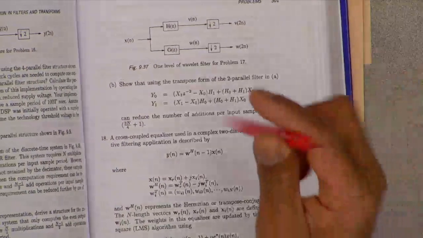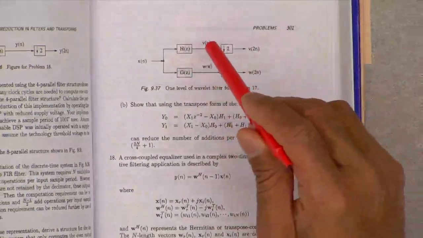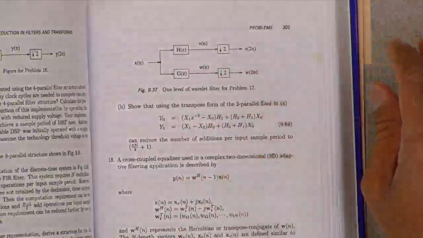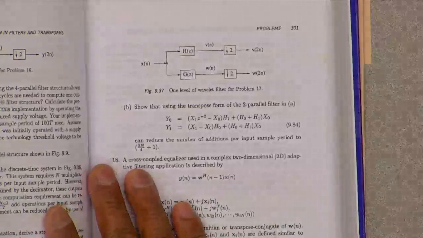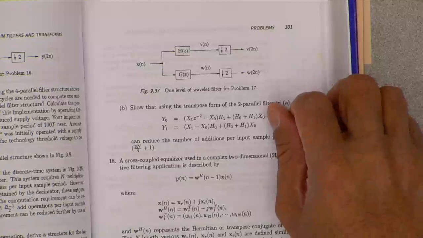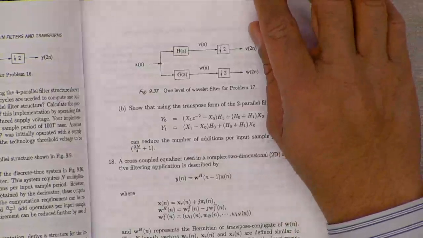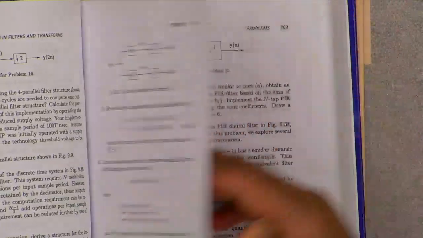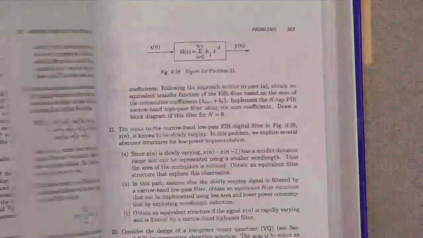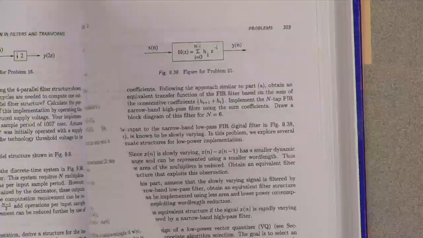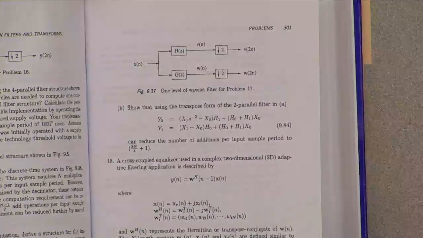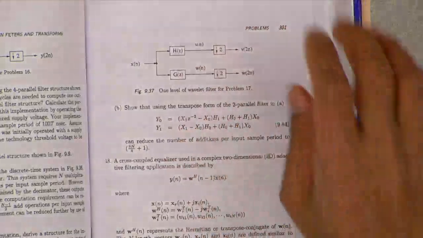Problem 17 here is a similar problem. So this is high pass, low pass, 2 different bands, describing how we can reduce the number of multiplications. That can be used either in hardware or in software using these fast parallel filter ideas. Very nice applications of these in decimation systems. Oh yeah, this is the wavelet application.